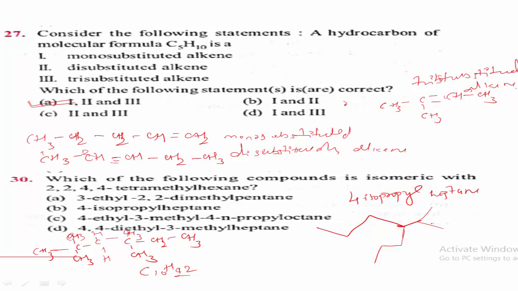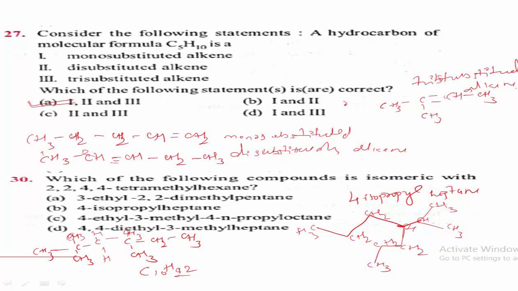Okay, observe here. Students, you know the number of carbon atoms here. Here CH3 is present, here CH2 is present, here also CH2. And here it contains 3 bonds, which means only CH is present. Here also CH, and here CH3. Is it right? As here CH2, here also CH2, and here CH3. Is it right? Yes. This is the structure of 4-isopropyl heptane, because in the parent chain, if you observe